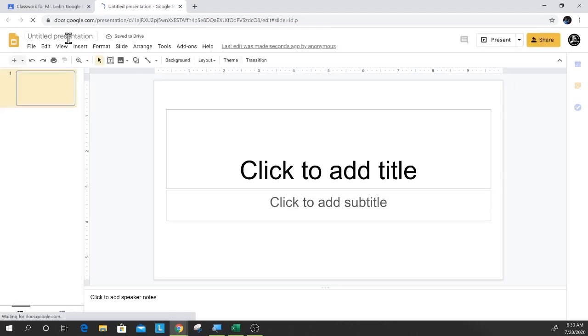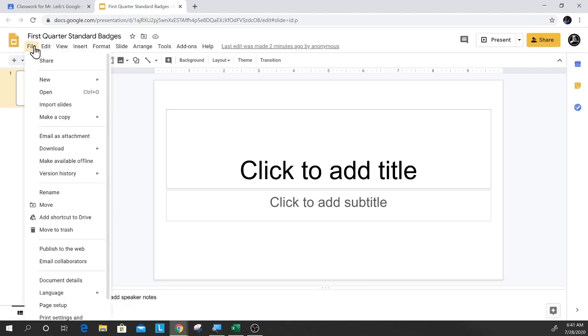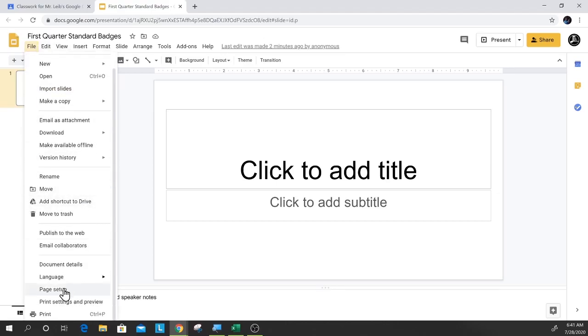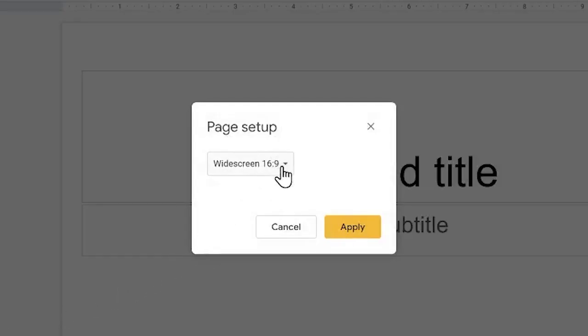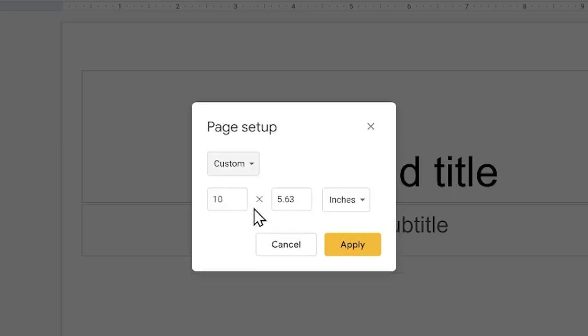As a best practice, I always try to remember to title the slides as soon as it opens. So I'm going to click on the title tab and give this a name. In order to use the badge board templates that I've created, you'll need to resize the slides. To do that, you'll come over here to File, scroll down until you see Page Setup, click Page Setup. Now in this drop down menu, you're going to select Custom, and right here is where we enter our custom dimensions. So we're going to go 8.5 by 11 inches. Click Apply,